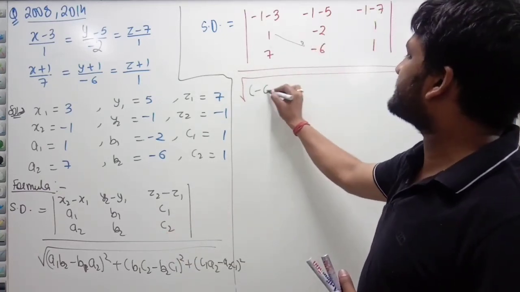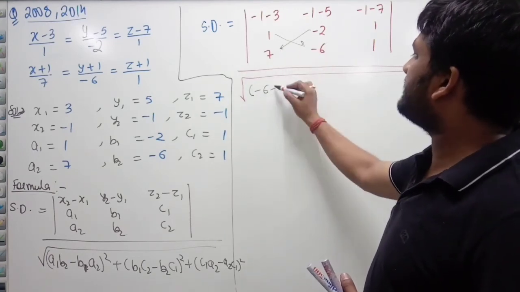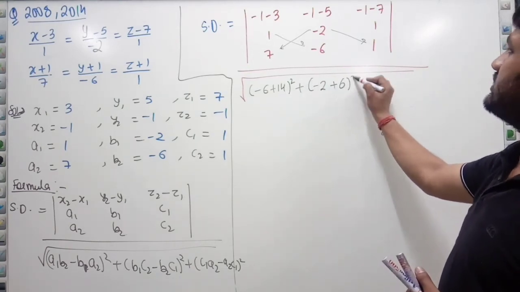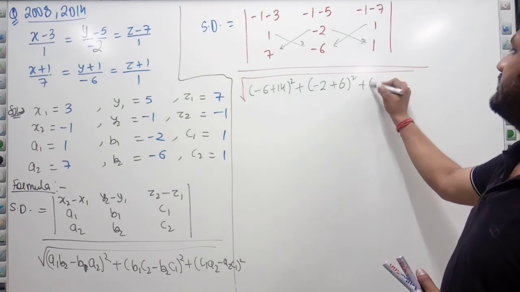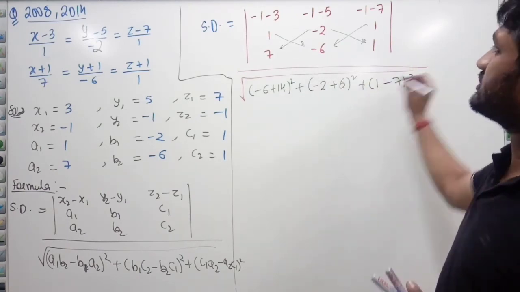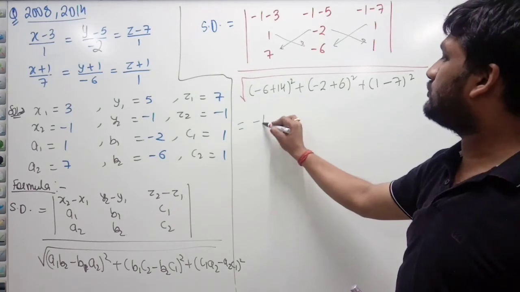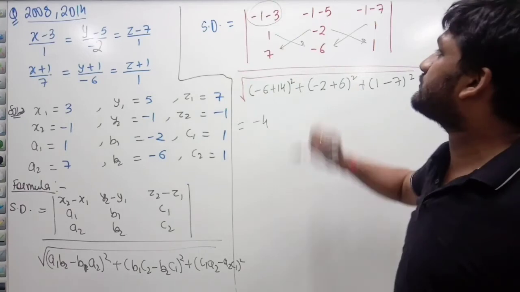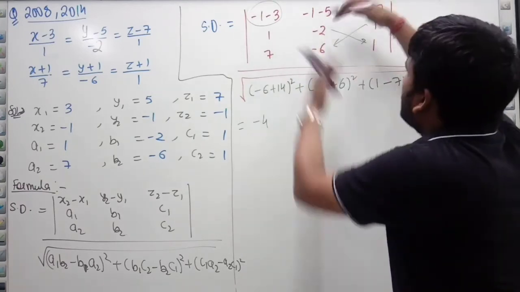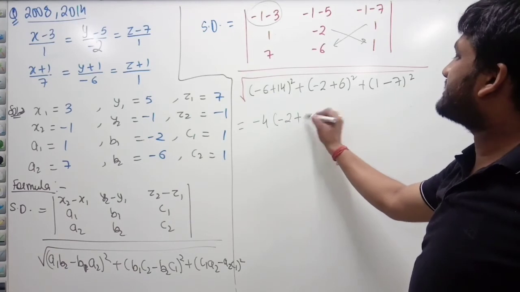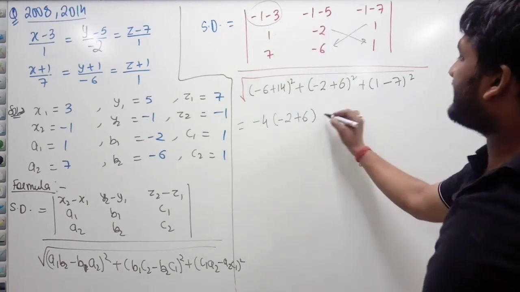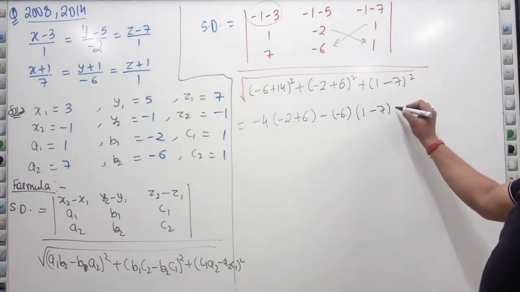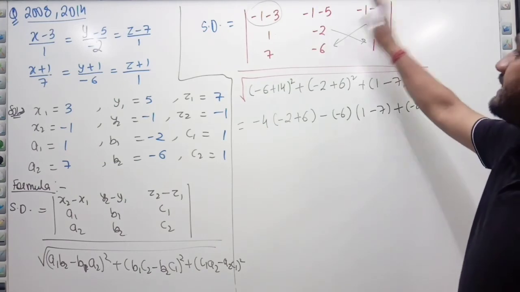6 into -1 -6 माइनस -14 मींस +14 का होल स्क्वायर. अब इन दोनों को ले लो, प्लस -2 + 6 का होल स्क्वायर, देन फर्स्ट एंड लास्ट 1 -7 का होल स्क्वायर. सो दिस इज -4. वैल्यू अब भी निकाल रहा हूं डिटरमिनेंट का अक्रॉस फर्स्ट रो. फर्स्ट रो का पहला एलिमेंट -4 है. I will delete rows and columns, so I will delete -2 -6 plus 6. This is -6. This will be 1 -7 plus -8. The third element is -8.